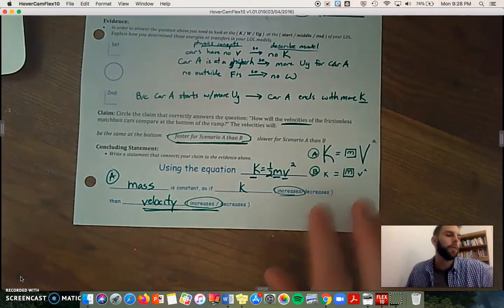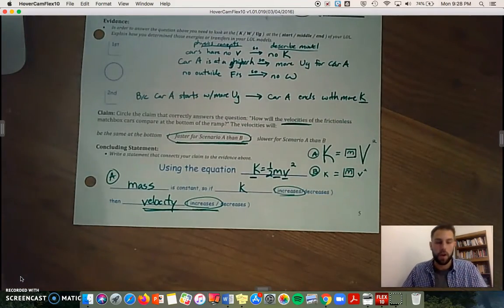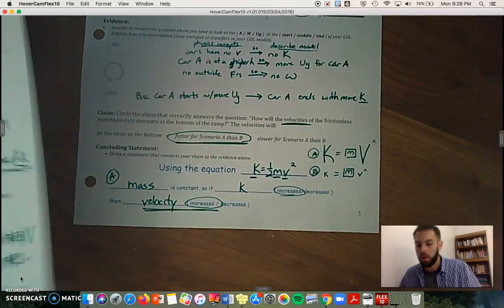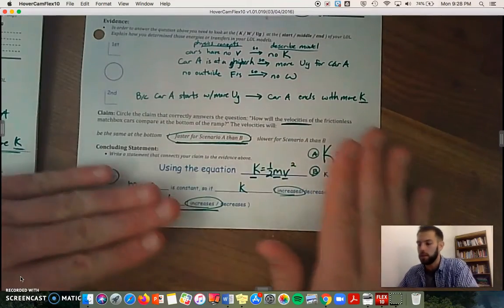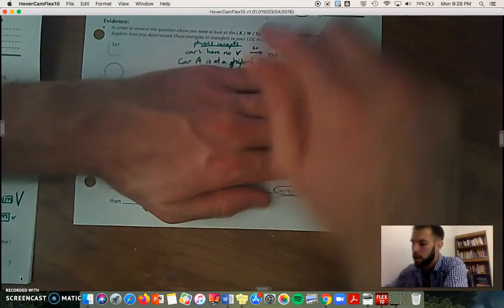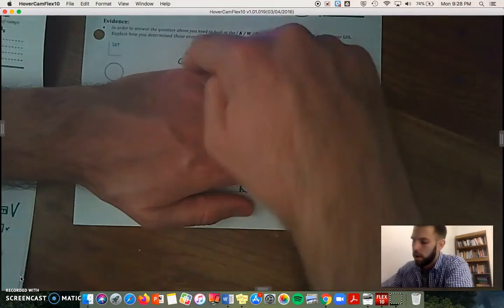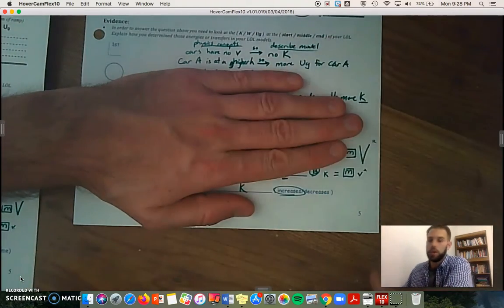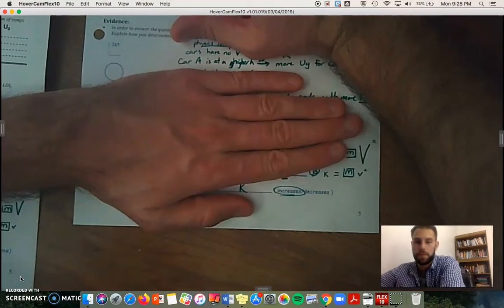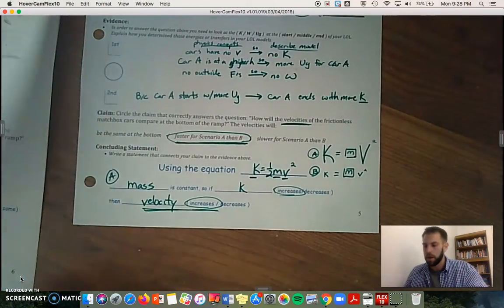So hopefully this was a helpful introduction to see where you're eventually going to go. But today, really the whole goal is just to work on these pieces. So instead of everything at once, just saying like, oh, no outside forces, so no work, or, car A has a higher height, so I drew more UG. Just a statement like that. Right? And where we're going to work with that is